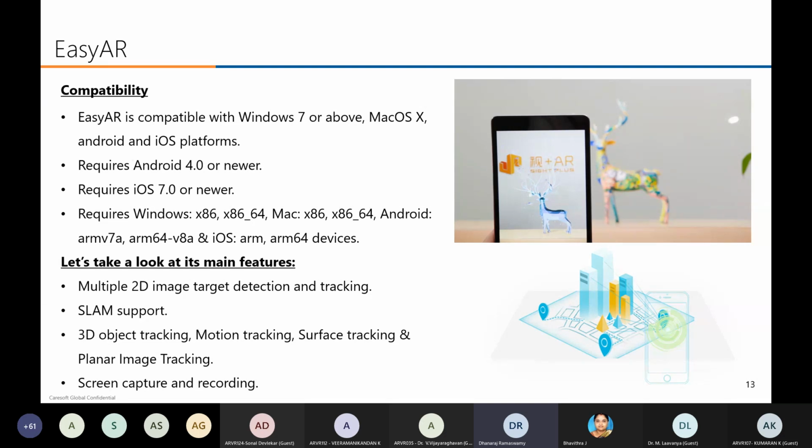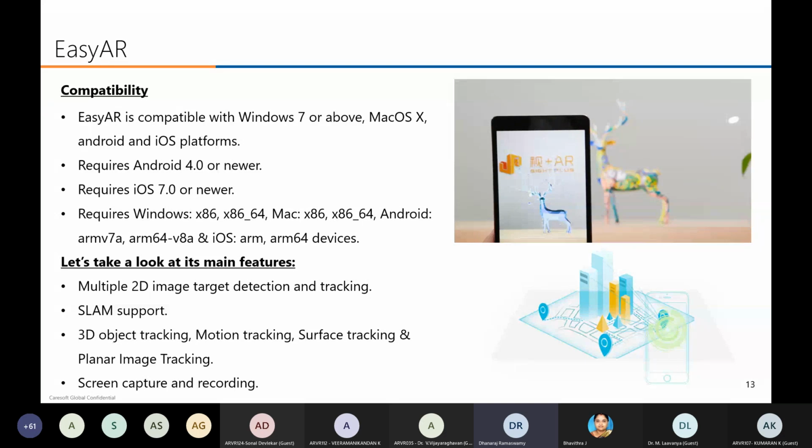Let's take a look at its main features. Multiple 2D image target detection and tracking. It supports multiple 2D image tracking. But this Easy AR will support multiple 2D image tracking. It supports SLAM. I will show you a sample example of SLAM.